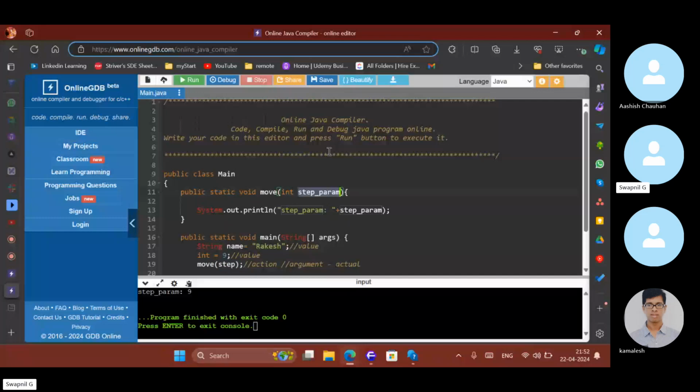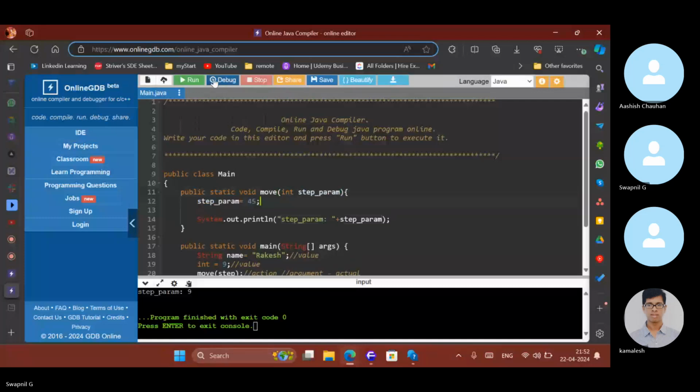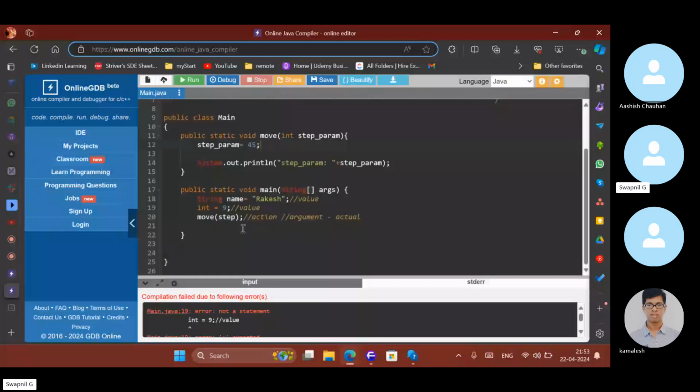For example, let's suppose I come over here and say step param is equal to 45. Now if I run it, what do you get?